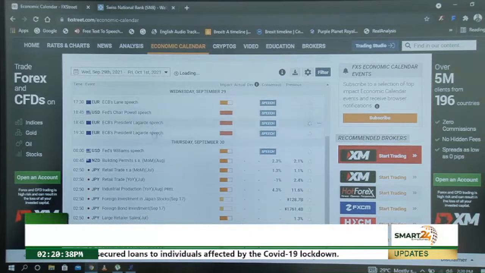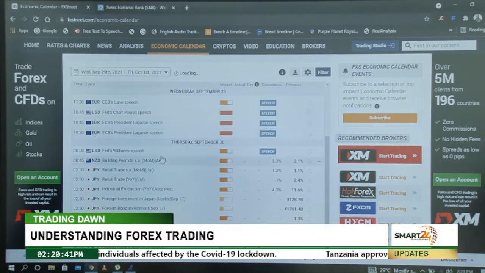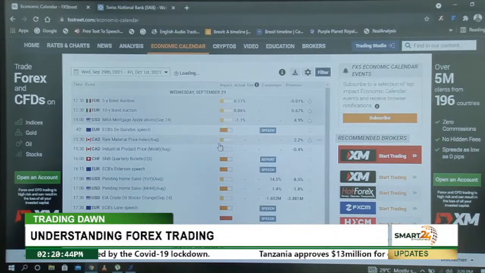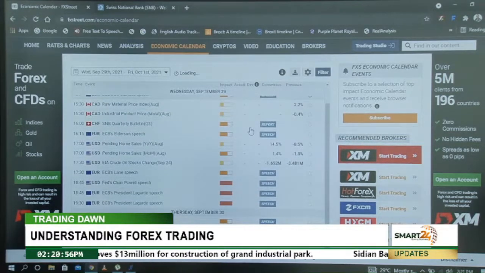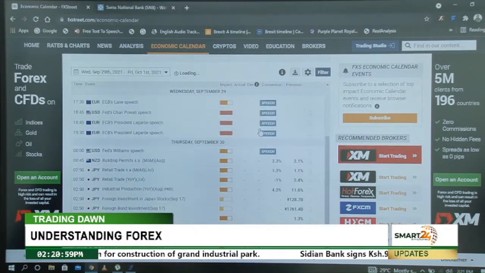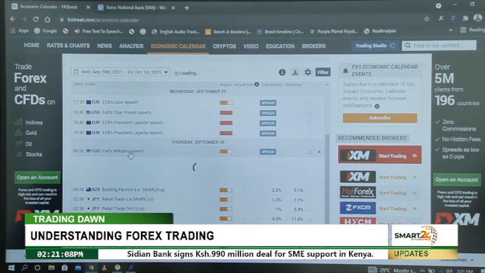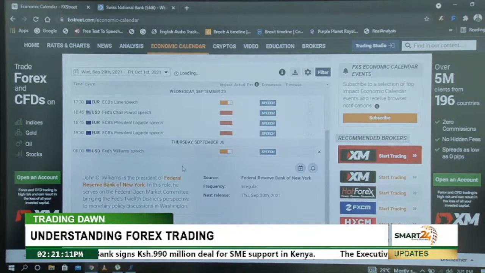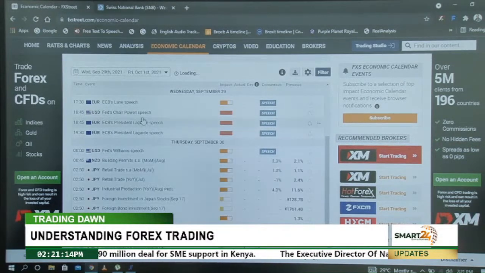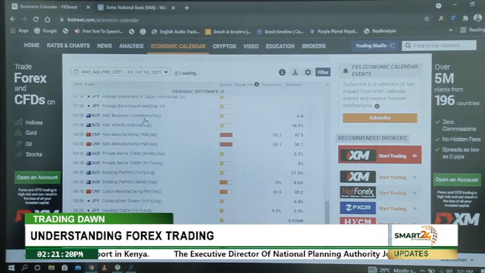I haven't seen this many speeches all together like this, especially even yesterday there were many speeches. And today we also have so many speeches like this. Others might be low impact speeches, but they are all equally going to contribute to something big today. So we should keep an eye out for that. At midnight there will be also another speech from the Federal Reserve. Another speech at midnight exactly. So this, Anthony, is a Federal Reserve Bank of New York. So this one here is quite something. So these speeches must not be taken for granted.